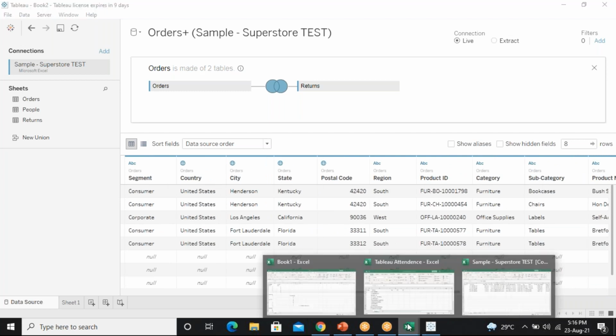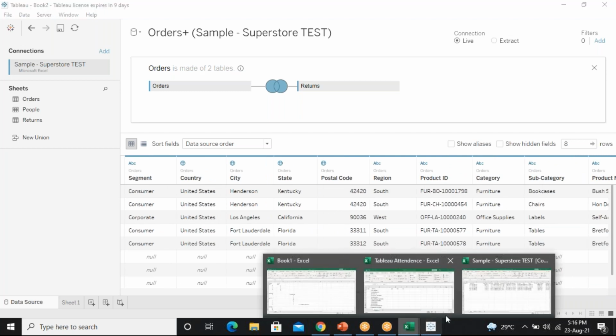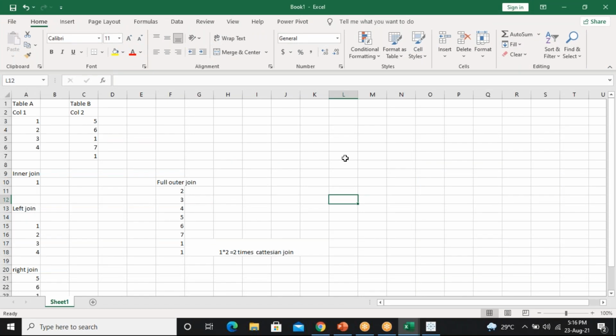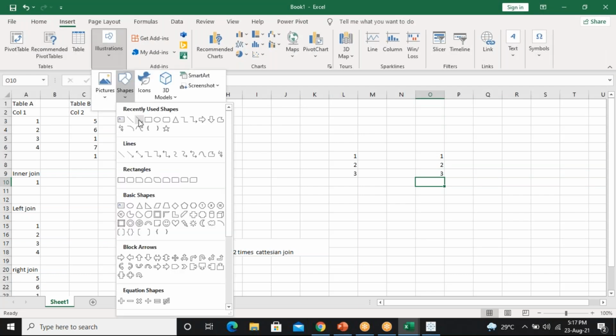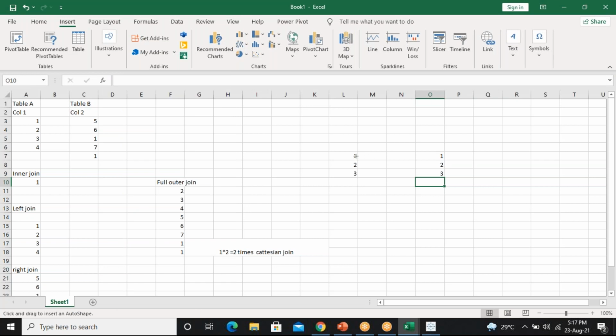So cross join is nothing but a very easy one. Shall I show you. For example, here 1, 2, 3 is there. On this side also one more data 1, 2, 3 is there. So this one will be connected with all of those.